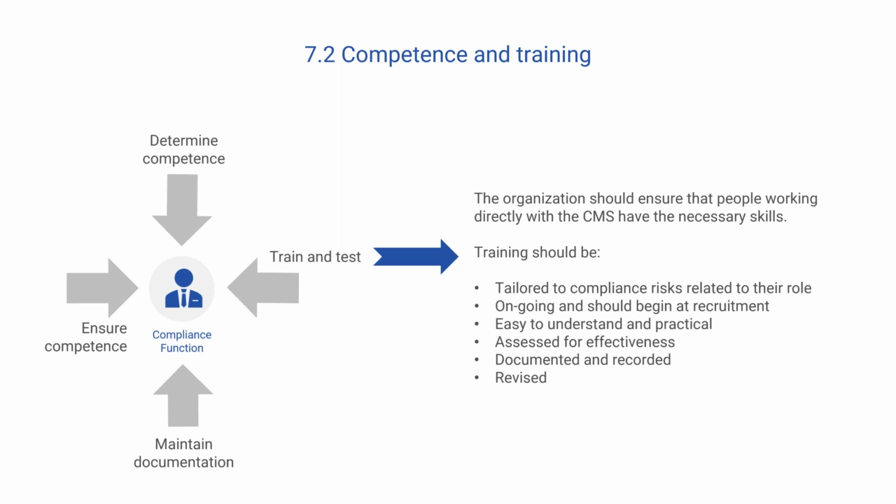So competence and training. So first step, which a lot of companies don't do, is determine competence. It's one thing to say that you have an understanding of compliance or an understanding of a specific domain like environment or safety or product quality. It's a whole other thing to determine whether or not people actually have those competencies. And then once you've determined that, build out training, potentially hire people, ensure competence on an ongoing basis, and maintain